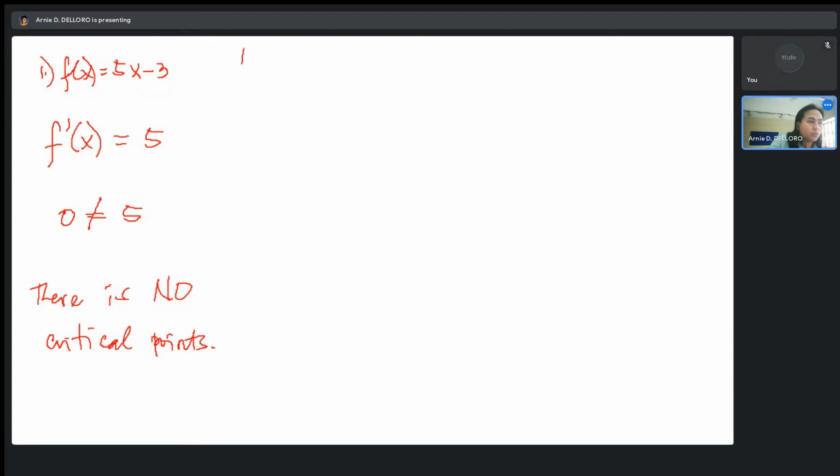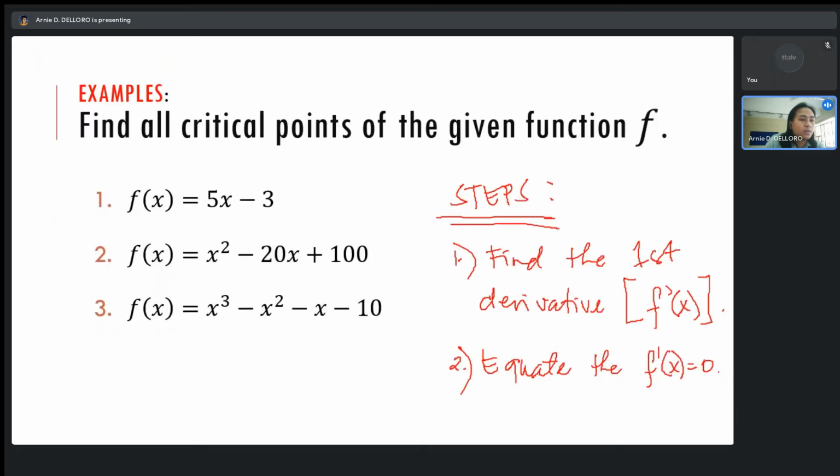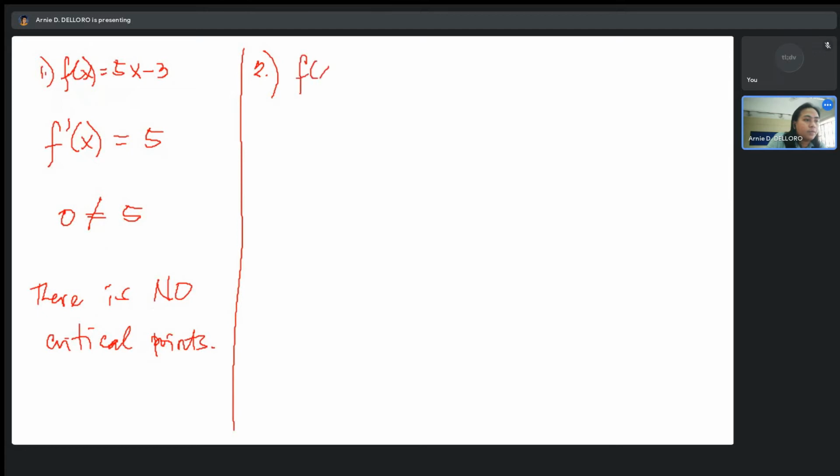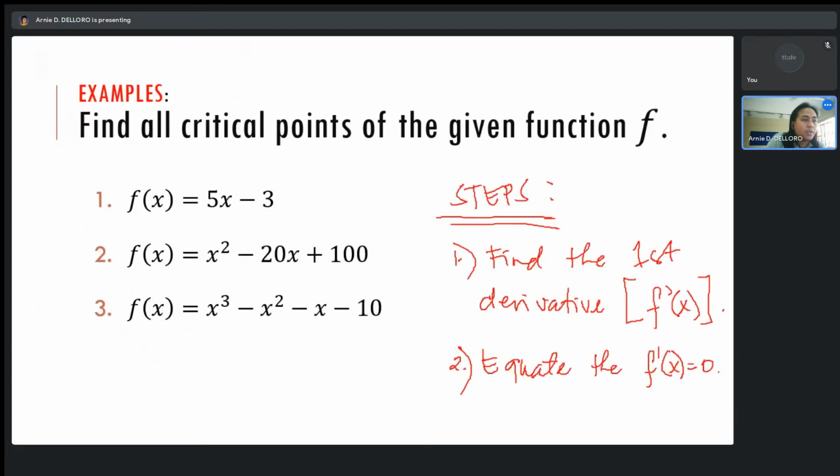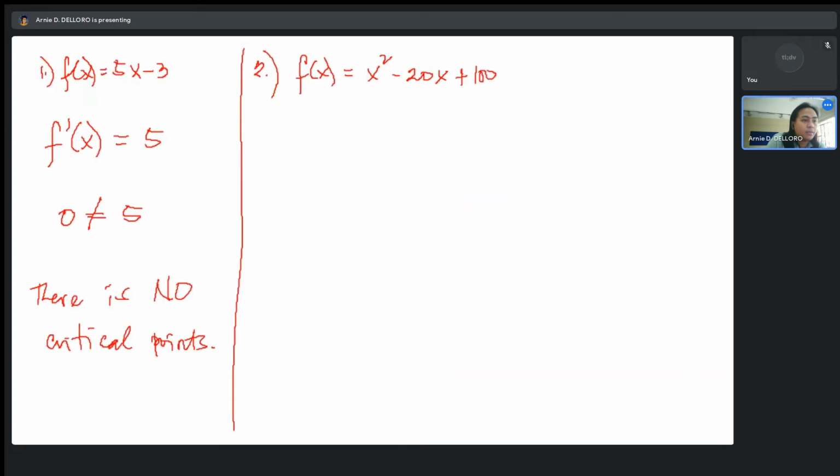Let's have number 2. Sa number 2, ano yung question sa number 2? So f of x equal to x squared minus 20x plus 100. Okay? So in this case,